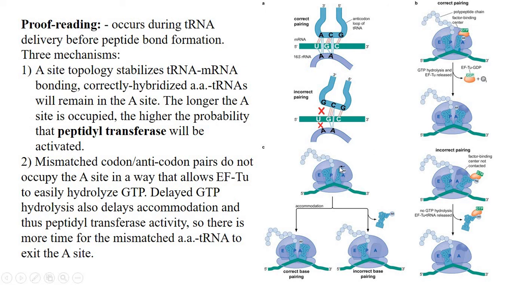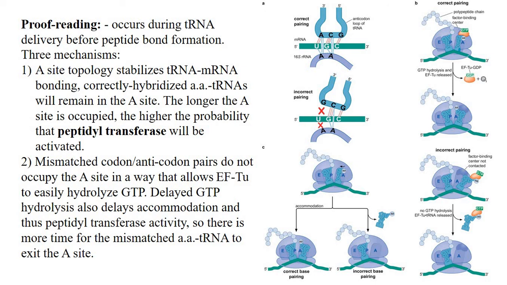Once the peptide bond formation has happened, everything appears to be correct and that amino acid will be there. But before that peptide bond formation occurs, there are ways to detect the wrong tRNA. Really the wrong tRNA, not the amino acid. The first mechanism is site topology. In this mechanism, the site topology stabilizes tRNA and mRNA bonding. If the tRNA and mRNA are correctly hybridized, then the tRNA will remain in the A site. The longer the tRNA stays in the A site, the higher the probability that peptidyl transferase will make that peptide bond